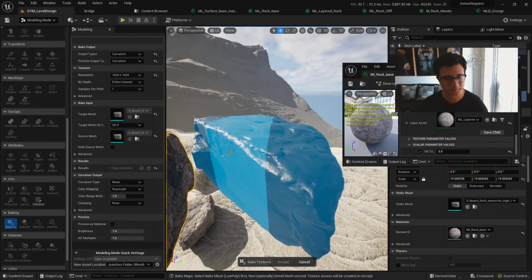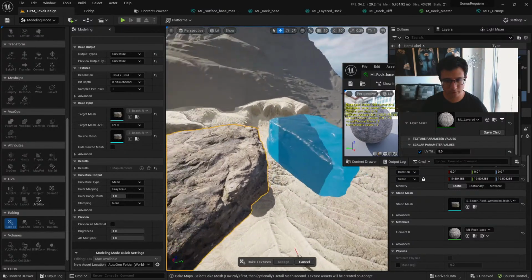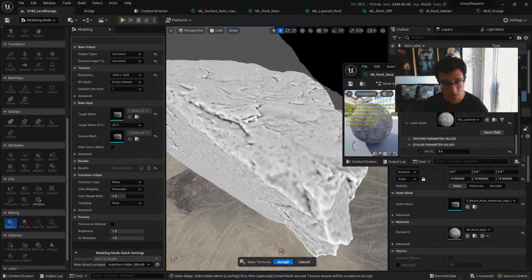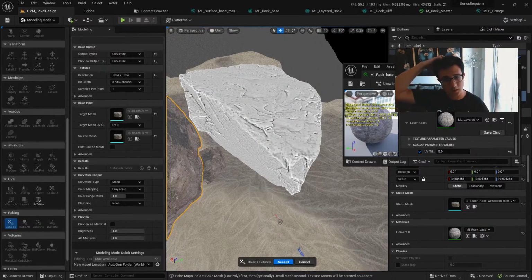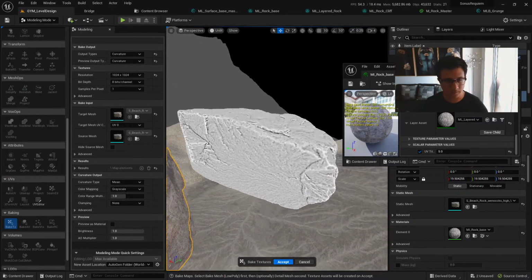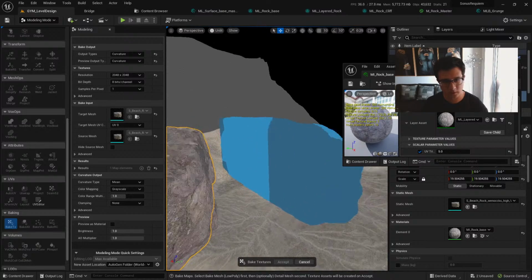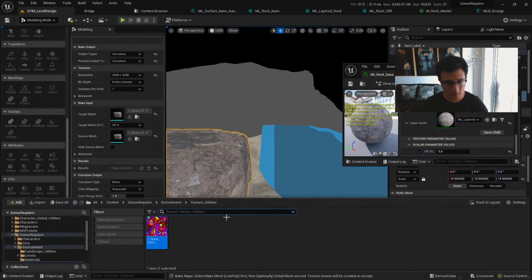Hello there. Okay, now you have your curvature map. Now, this one is very low resolution, I understand. Let's put a 2K here, and it's going to take a while. So in the meantime, what I'm going to do is